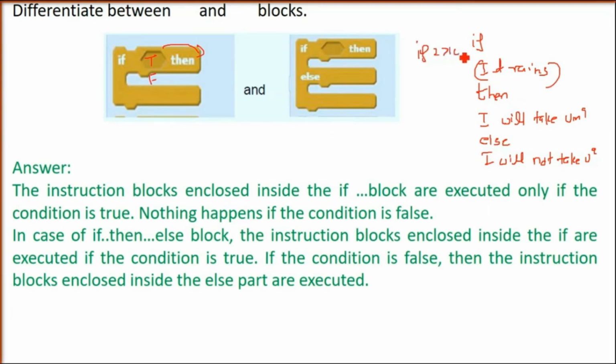I will give you one more example. If 2 is greater than 10, this is a false condition. 2 is not greater than 10. Then something will happen if 2 is greater than 10. But if 2 is not greater than 10, say 2 is less than 10, the condition is false, so you have to have some else. In the first case, nothing will happen, since 2 is not greater than 10; no action has been taken. But in the second case, if 2 is greater than 10, it's false, so it will come to else, and the else instructions will be executed.